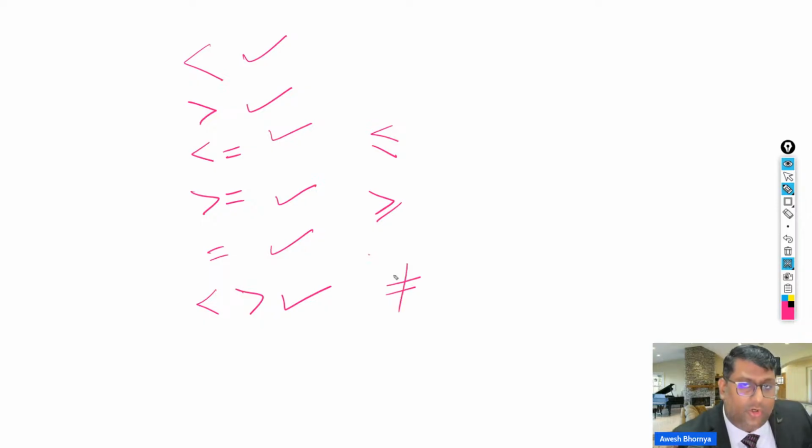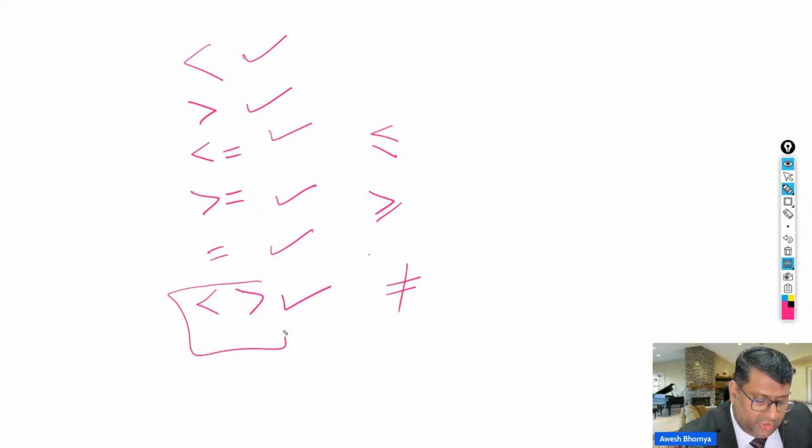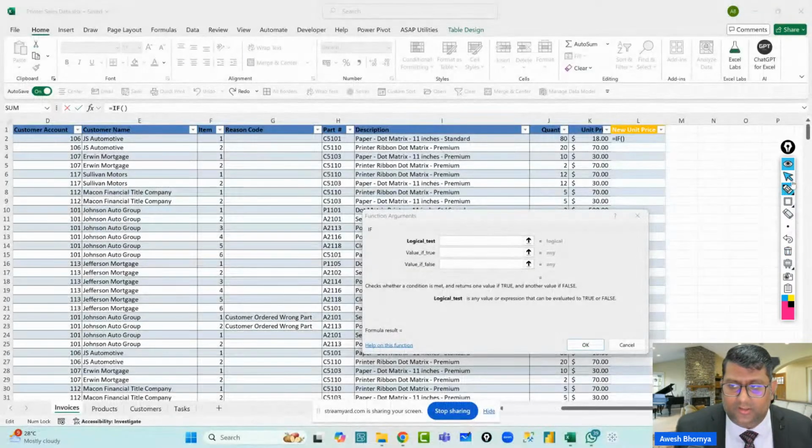Normally in school we would write not equal to like this. Now please note, not equal to is written in different ways in different programming languages. Like in case of Excel or VBA, you write not equal to like this. Even for that matter, in PowerBI and DAX, you write it like this. Okay. Now let's move ahead and go and complete this.